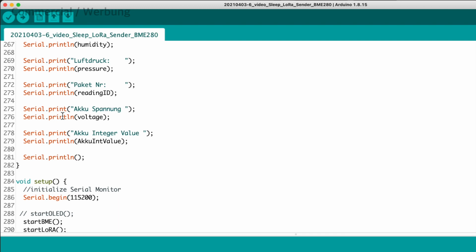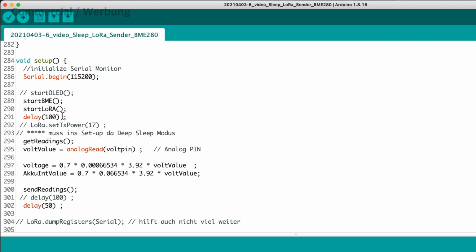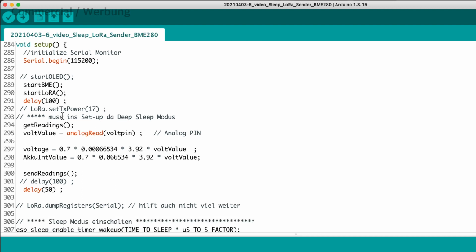Now we are getting to the setup procedure, which contains also the main program code. This is in contradiction to normal program code, which typically runs in an endless loop. However, this is the way to go when you are using the deep sleep mode.